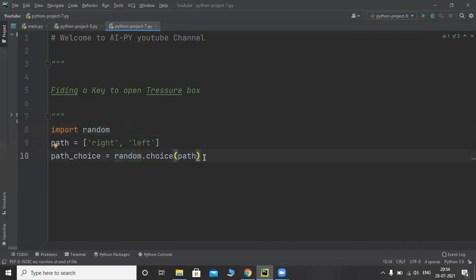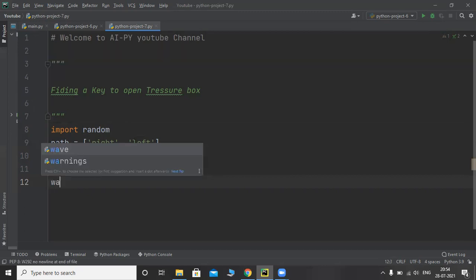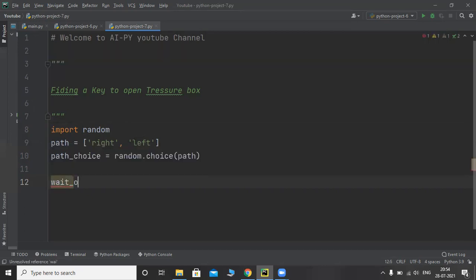So I created the first stage as choosing a path, and second after path, swim. Let's say wait or swim equals wait, swim.